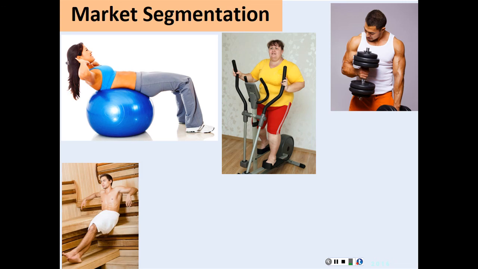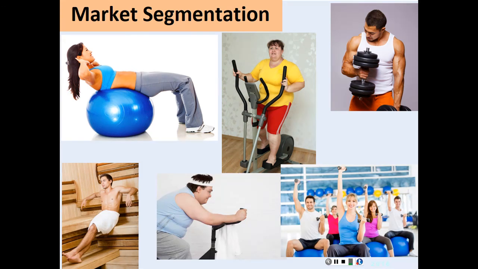So here is another example. These people are members of a gym, not the same gym. So maybe some gym is catering only to this customer, some gym is catering to this customer, and so on. What are the differences between these customers? Assuming that these are the only activities each one of these consumers is engaging in, this person is probably interested in toning her muscles, whereas this person is interested in weight reduction, one would assume so. This person is interested in weight reduction.